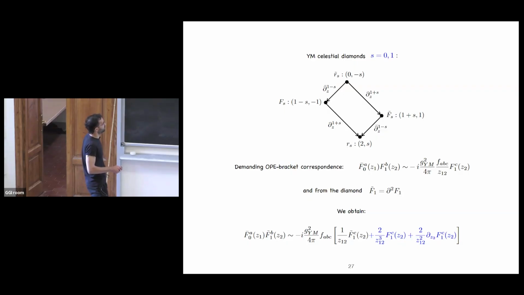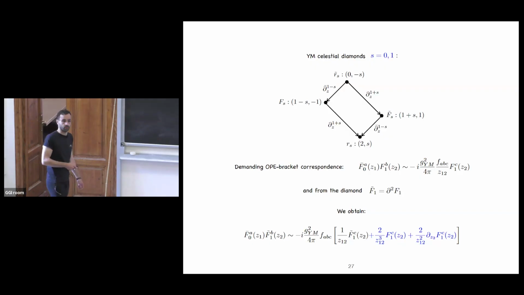Now you can do the shadow. If you do the shadow on the first entry, that was the one I showed you before, all you need to do is take two derivatives of this object here, and compute the shadow of F1. What you obtain from this OPE, you recover the term that they had, but in addition, you start seeing the non-locality in these higher order poles that show up in the OPE. So the mixed helicity bracket allows you to capture the extra pole analytic structure that would come from the non-locality of